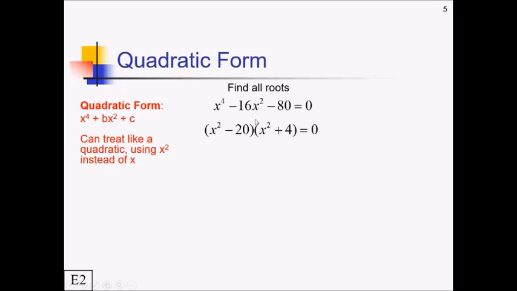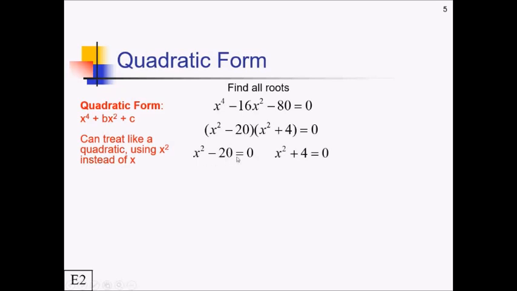So basically, like if I was factoring a quadratic, only I have x squared here instead of just plain old x. At this point now, since I've got two quadratics, I can just solve each of these individually. So if I have x squared minus 20 equaling 0, and I have x squared plus 4 equaling 0,